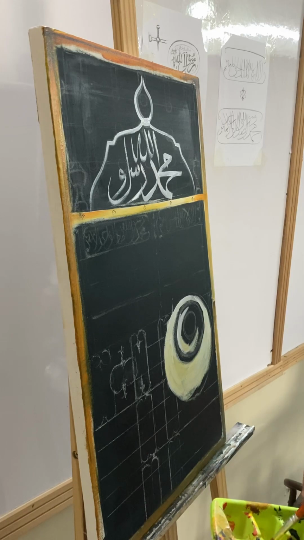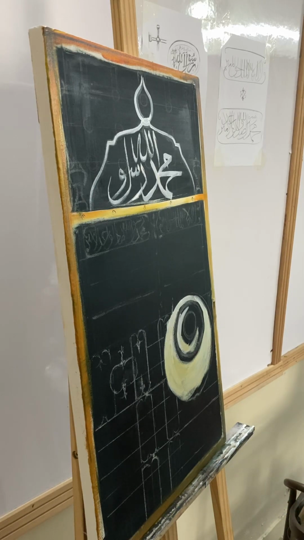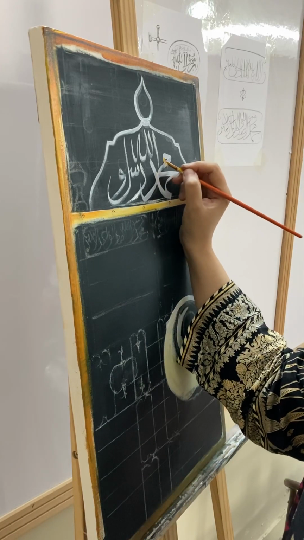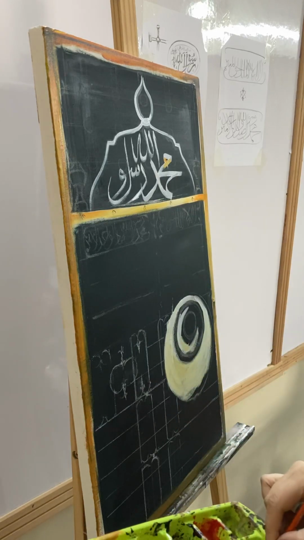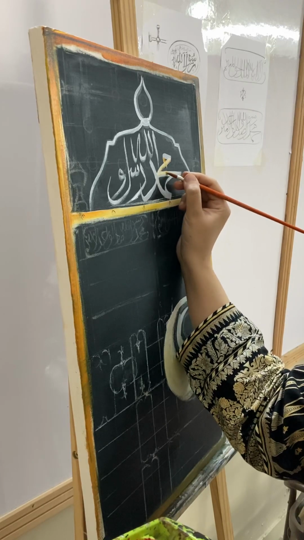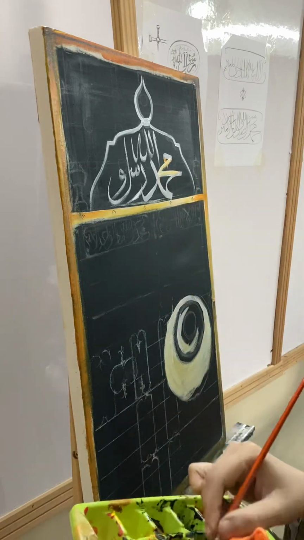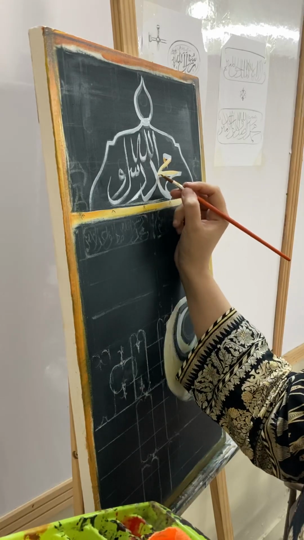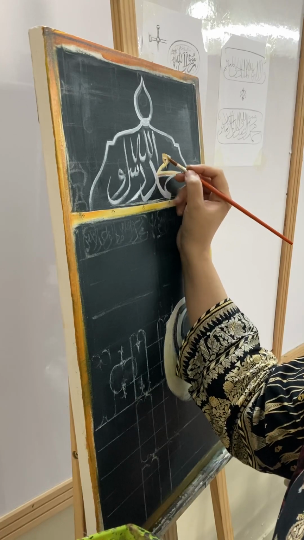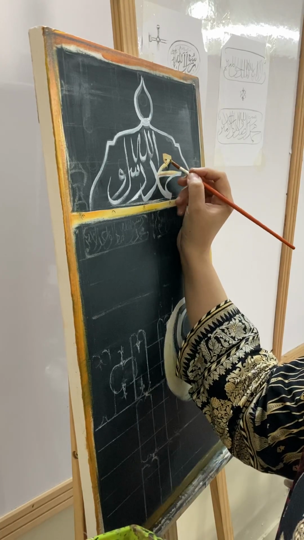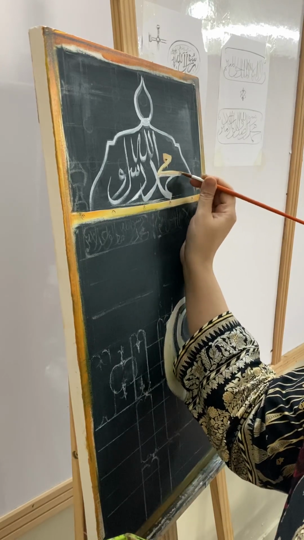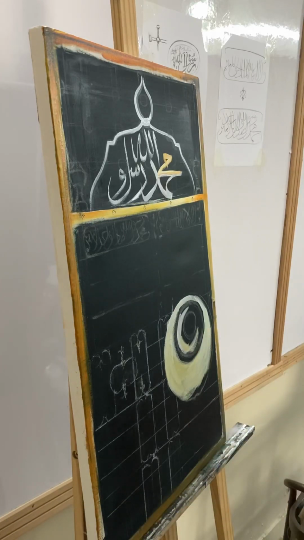Okay, so now the calligraphic work, same colors I will follow. Yellow, orange, along with white, burnt umber, burnt sienna. Or if you want to go for the olive tones, you can go for the combination of Van Dyke brown and yellow. And if you want to make it a bit darker, then you can go for black. The addition of black will give